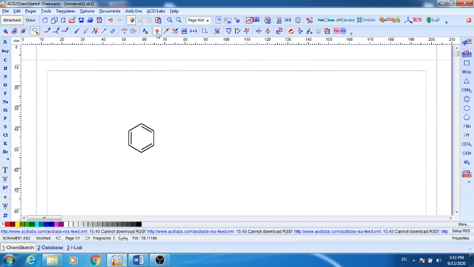Now beside this reaction plus sign, you can see the arrow, and several different kinds of arrows are given. A simple arrow is for the reversible reactions. So let us select this simple arrow and paste it.